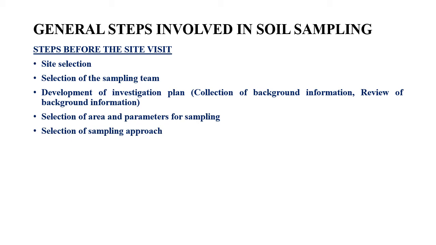Now once that investigation plan is developed, then obviously the next thing is, within the land that you have chosen for study, we have to narrow it down to some area. Okay. So it's not necessary that the entire land could be contaminated or polluted. It must be a certain constrained area within the land that has been affected or contaminated. So we have to identify that area. So for that selection of area, or for narrowing down on the area of contamination, we have certain techniques such as analytical screening methods and geophysical methods.